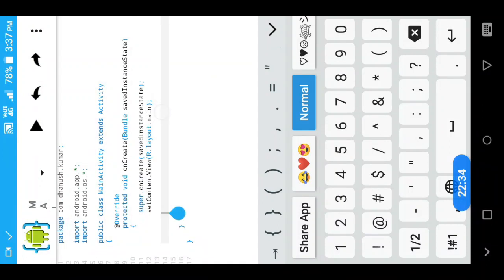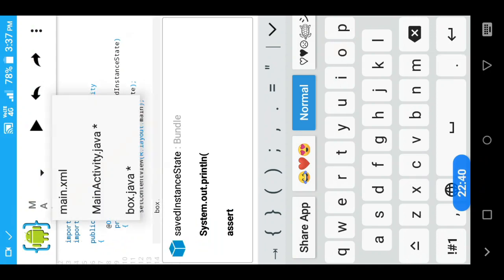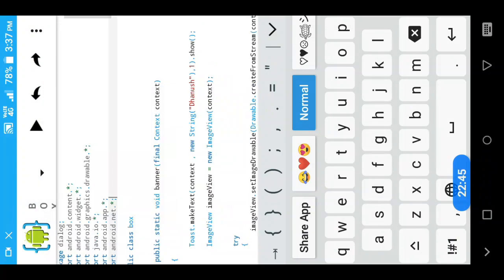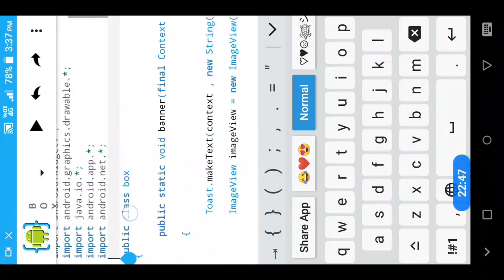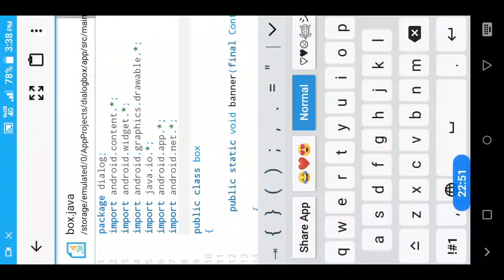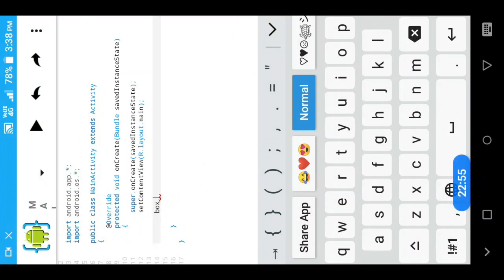First we have the class box, then we call this banner: box.banner(this).